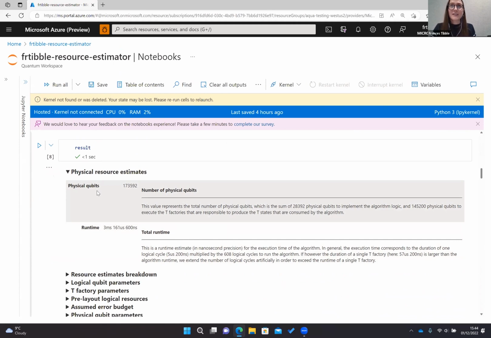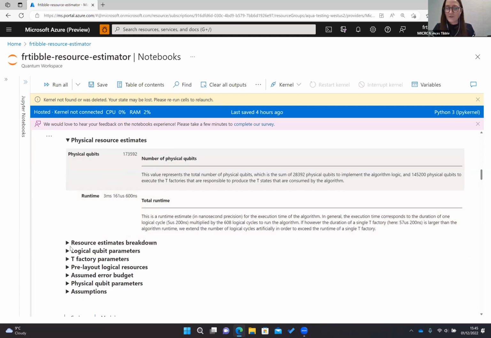For the default settings for the resource estimator, when running this program, you can see that that very simple multiplication program needs 173,592 physical qubits, which is a lot. The runtime, not so scary, that's 3 milliseconds.